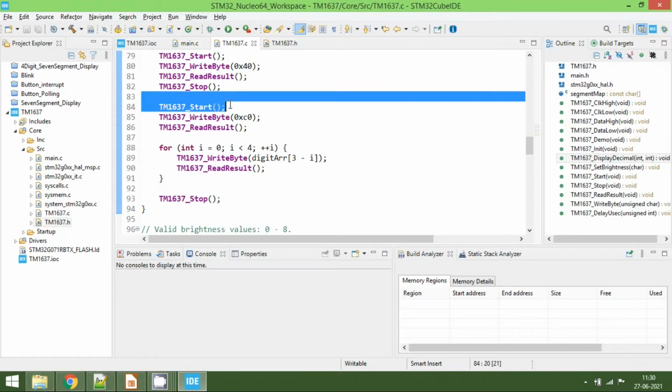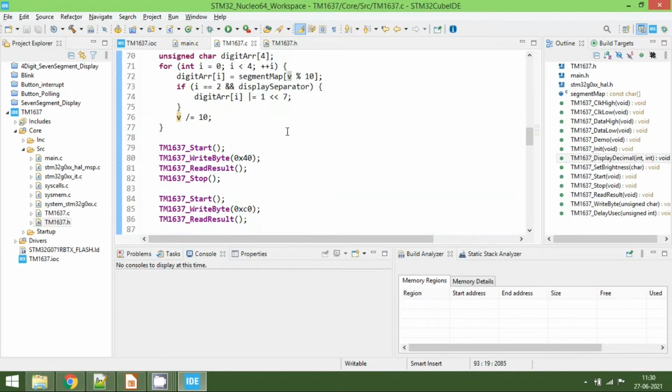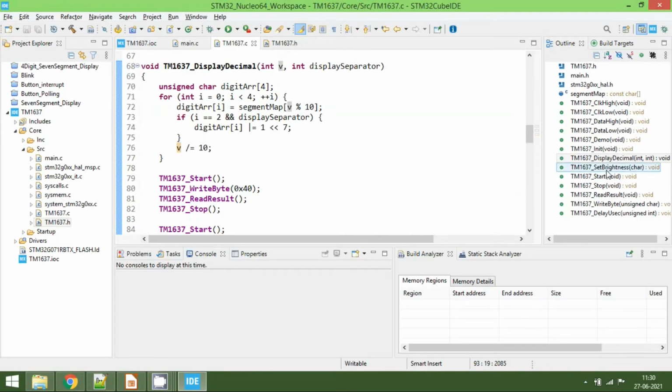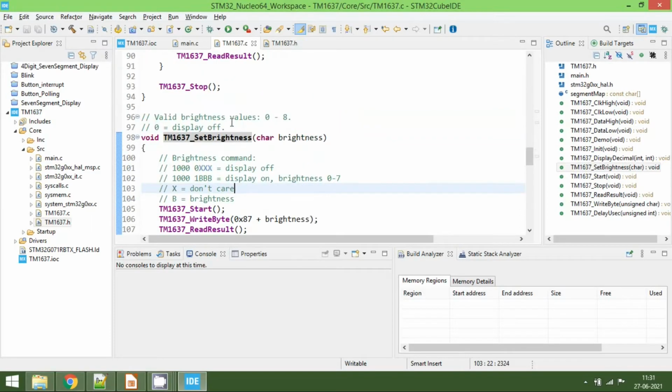So we'll start the command, and then we'll send the C0, and then we'll read the result, and finally we'll send this data to the TM1637, and then we'll stop. So that's all for the functions. And here one more thing we would like to see is the set brightness. As I said, we'll start, and then we'll write the 87, and we are going to vary these first 3 bits to increase or decrease the brightness. So that's all for the library.